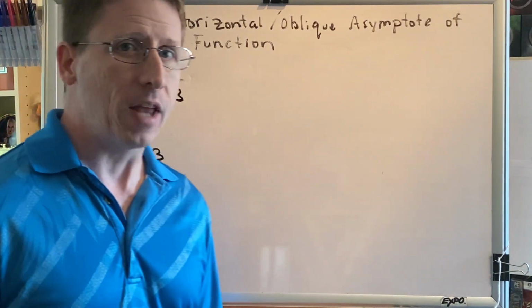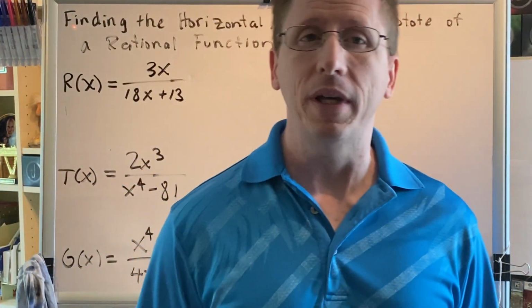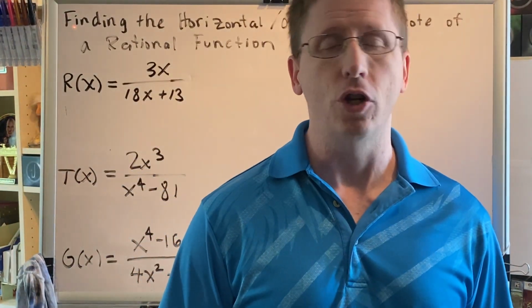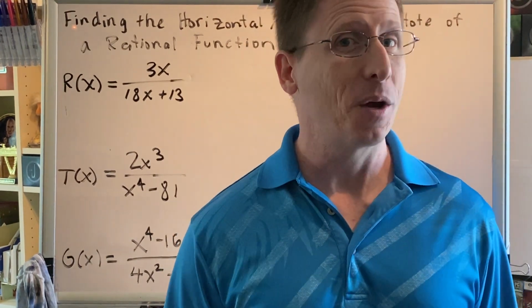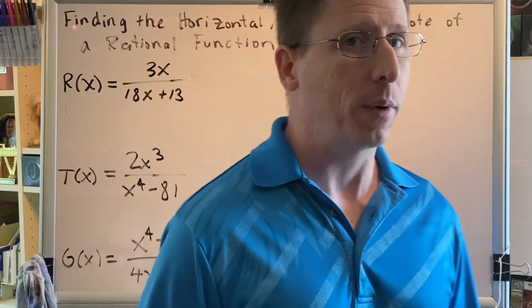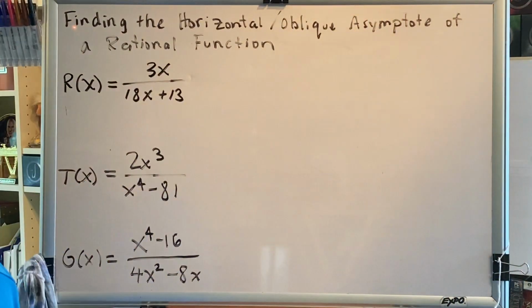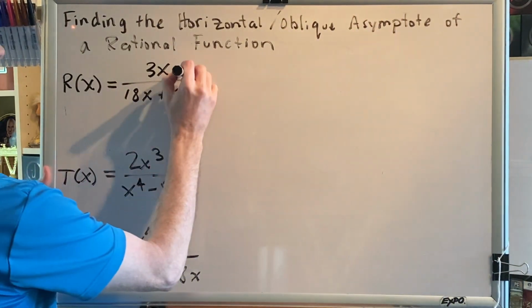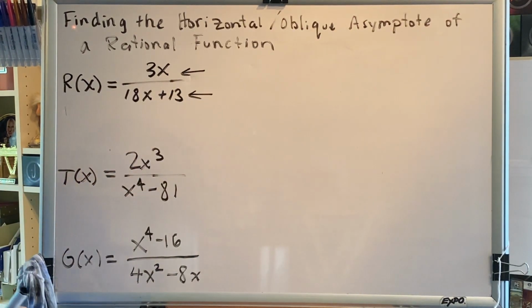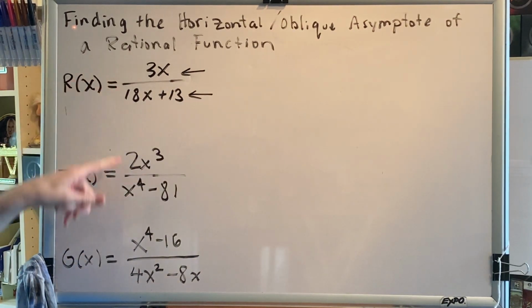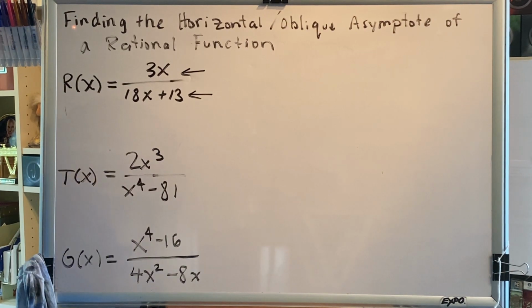Okay, the first step in identifying the horizontal or oblique asymptote of a rational function is to determine the degree of the numerator and the degree of the denominator and compare them. Let's do that for all three of our rational functions simultaneously. To determine the degree, first you need to identify the form that your polynomial is in. Every one of these is in standard form, which means the highest exponent of x tells me the degree of